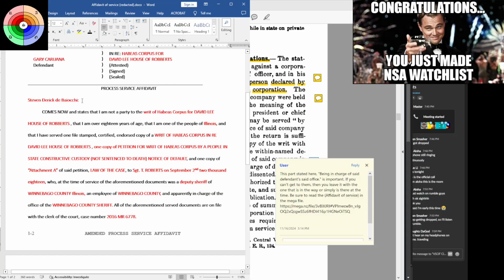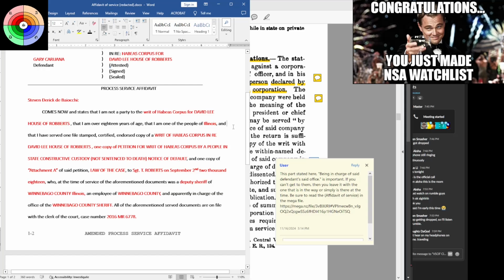So that's why it's in red. So Stephen Derek D. Bioki comes now and states that I am not a party to the writ of habeas corpus for David Lee, House of Roberts, that I am over 18 years of age, that I am one of the people of Illinois, and that establishes the process service agent's sovereignty from the standpoint of being one of the people, and that I have served